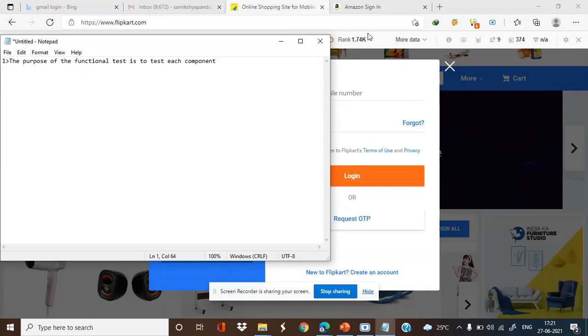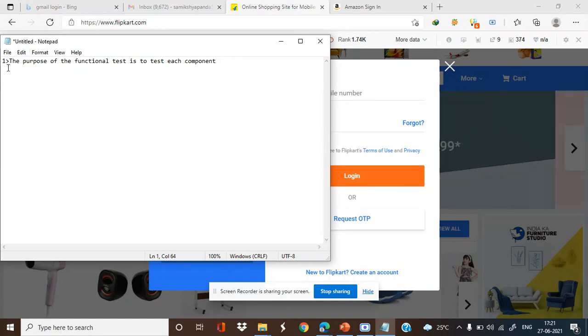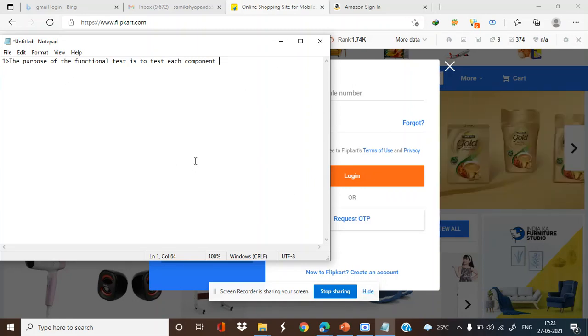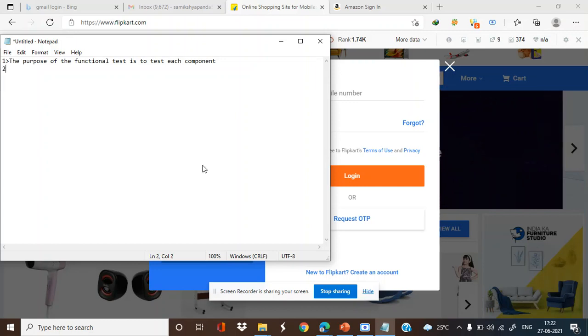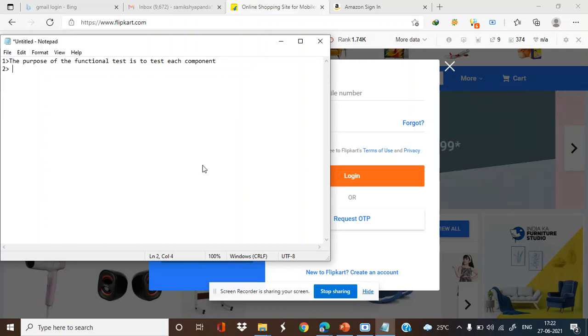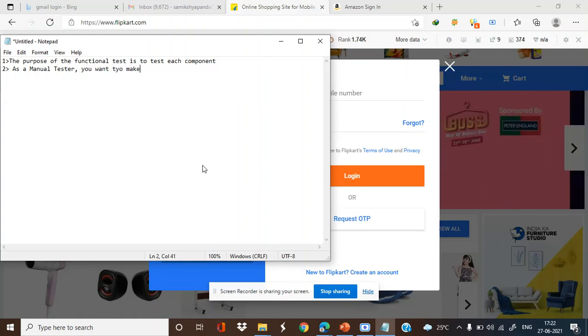I already told you that as a functional tester, I'll make sure each and every component of the application is functionally stable. And what do you want to make sure? As I have already mentioned, as a manual tester, you want to make sure